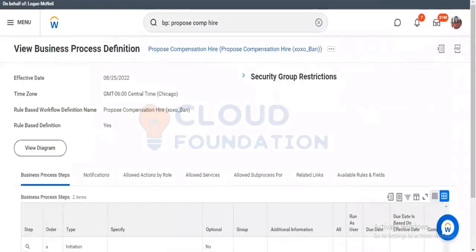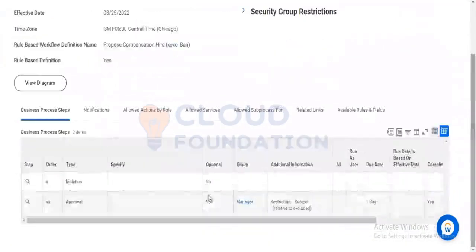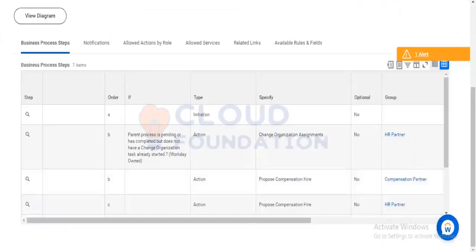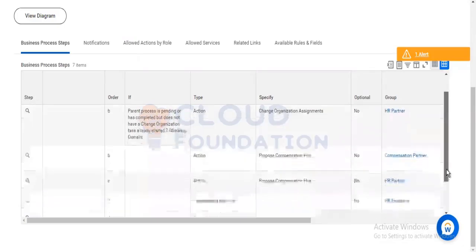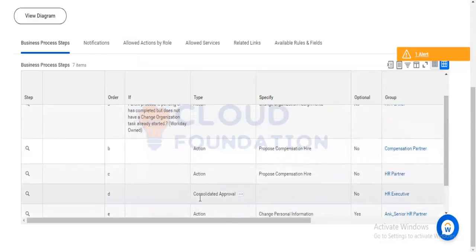I will go here. There's an initiation step, and I will define that this should be approved by the manager. Did you get this? Yep. Because the approval that you are seeing here, if it's a normal approval only, this is the consolidated approval. Consolidated approval means it is not the approval of one specific